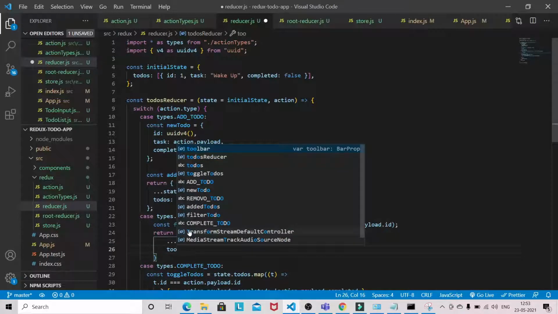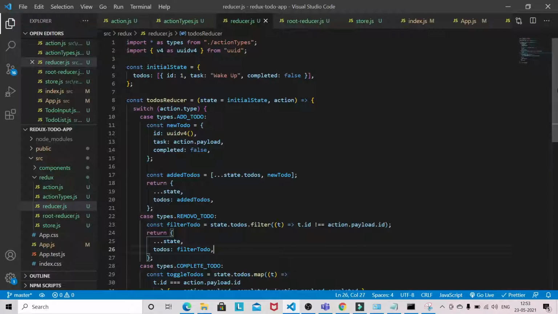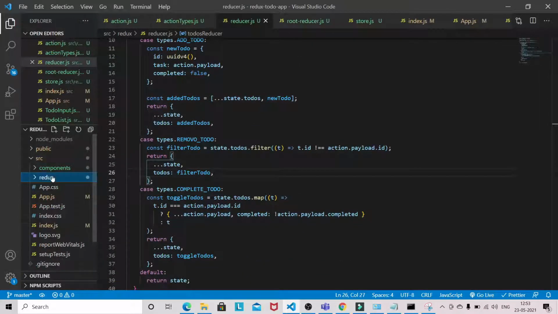So to-dos filter to-do. So we have done with the Redux for removing the to-do.